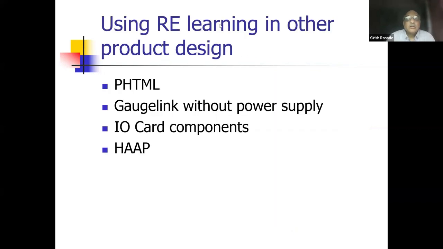Now, earlier reverse engineering experience I used in some different product design. PHTML is another harness tester, in which we used simple parts in existing product design. There was a protection, very good ESD protection in the US based tester. We adopted that protection circuitry immediately. Earlier also we used only, slightly technical, only 2 diodes, but this particular circuit had a resistor also in series. So we also added that, and it prevented a lot of ESD problems.